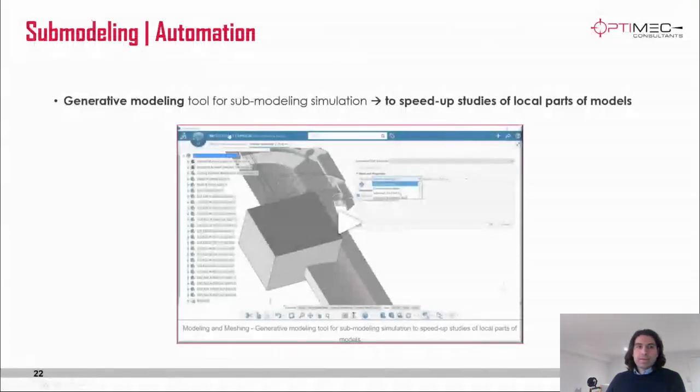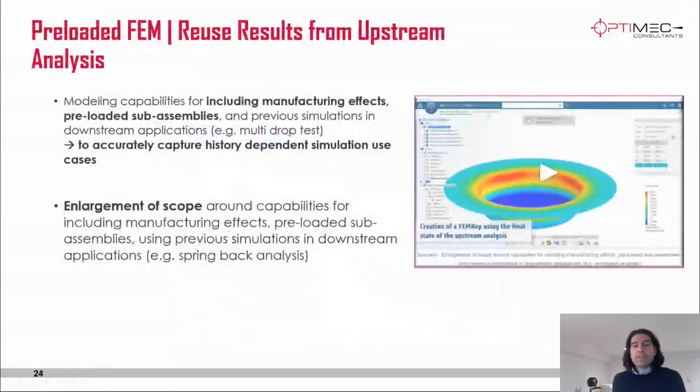All right, next is still in the same application, and there's another feature called preload FEM. This essentially gives the possibility to reuse simulation results in a subsequent simulation. So typical types of simulation that you do are multiple drop tests, or again, spring back analysis. So if you want to include manufacturing effects or preloads in your assembly or parts, this is the tool, again, that you should be using. And again, I have a quick video showing you how it's done